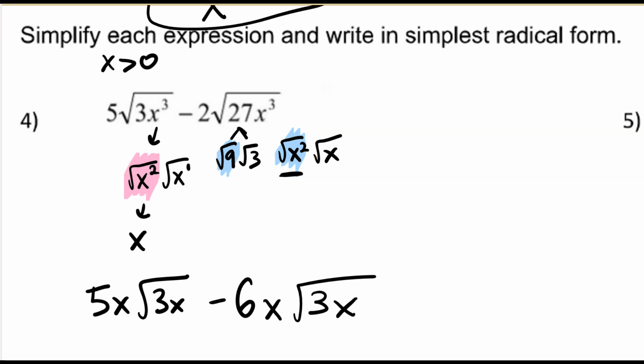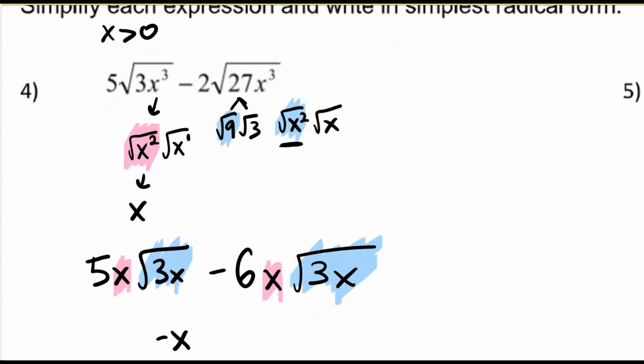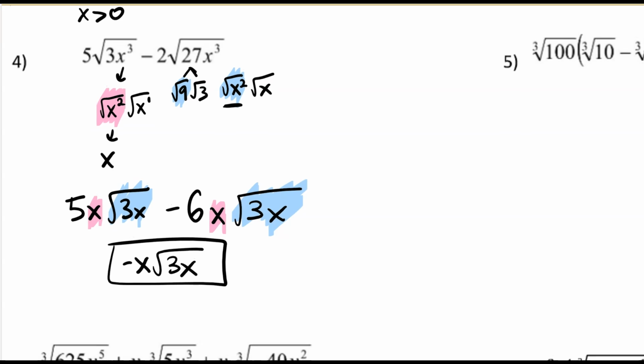which is good, because these actually are like terms. They both have the same exact radical expression, same index, same radicand, or thing under the radical, and they also have the same variable to the same exponent. So if I just wanted to combine these coefficients, in simplest form, I can make this -1x times radical 3x. That's not to say that they'll always simplify super nicely. 9 times out of 10 they will, but you could run into instances where they don't, and you're going to have an issue. So let's take a look at number